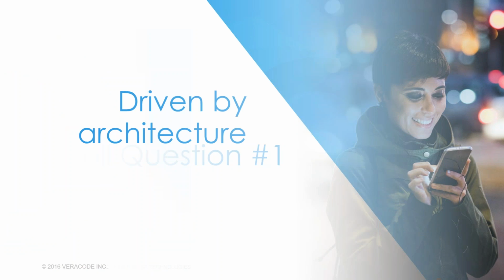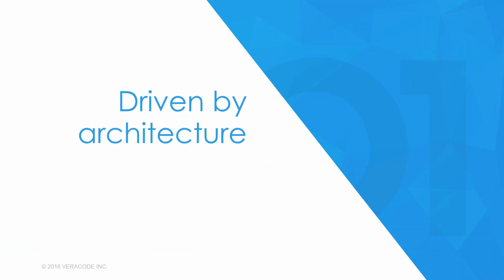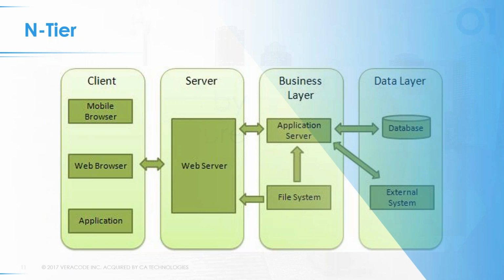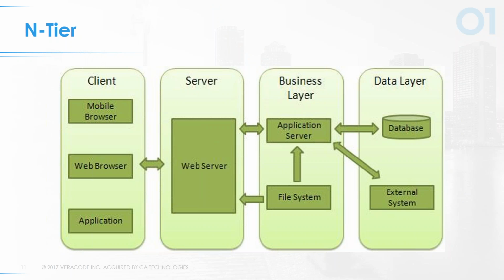Okay, so let's talk about what's driving this need for change. And really, there are multiple facets. The first one is the architecture. So if you look at this idea of architecture around n-tier, you had silos of responsibility. You had someone, or a team of people, the DBAs, that would be responsible for your data layer, doing your schemas and data updates and writing SQL queries and writing stored procedures. Someone that was responsible for business layer things. And you would hear this a lot 15, 20 years ago. Yeah, I do business logic, or I do application server.